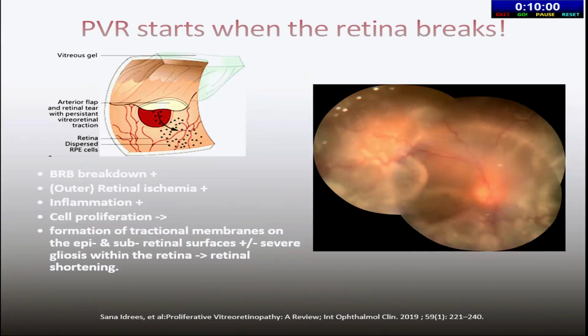Since this is an advanced course, we are not going to go into all the basics of PVR like the classification, etc. PVR, we must remember, starts when the retina breaks. There's a breakdown of the blood retinal barrier. The photoreceptors are ischemic. RPE cells are liberated under the retina and into the vitreous and over the retina. There is inflammation, multiple cells migrate over there, cells undergo transformation. Eventually, there's scar tissue formation,